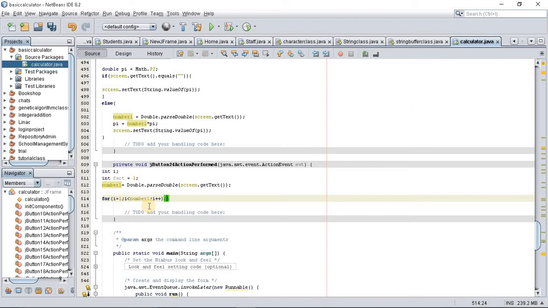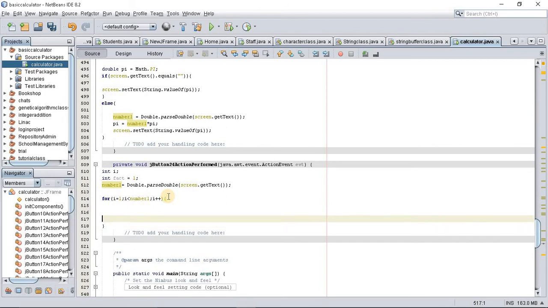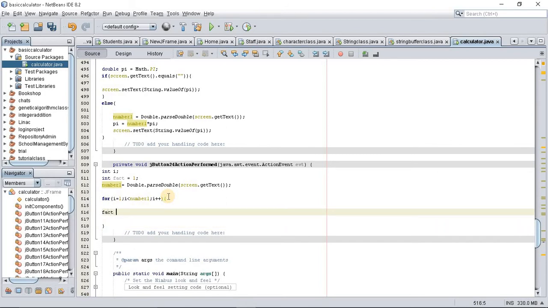So it goes from the value of 1 to the value less than the number you have input. What should happen? Say fact equals, that's the factorial value, fact times i,